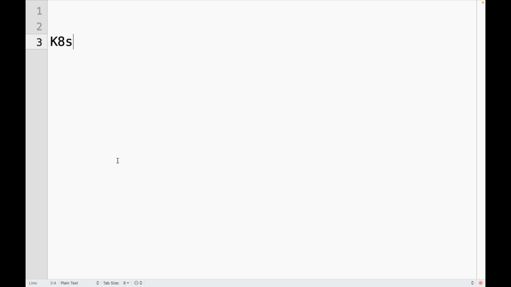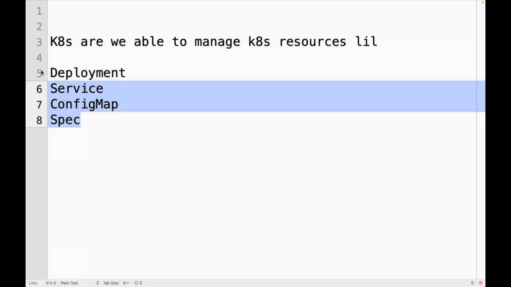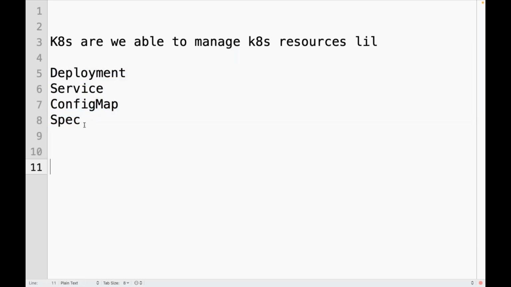Using Kubernetes, are we able to manage Kubernetes resources, creating, updating, deleting, like deployment, service, config maps or secrets? These are Kubernetes resources, right? So you are writing in the form of YAML. You are saying something like this.